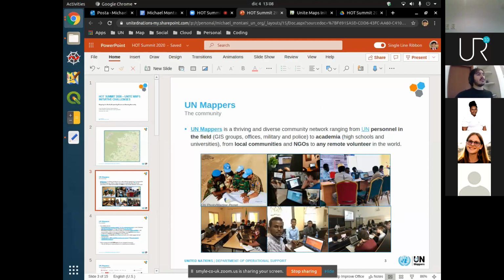Another important point about local communities is that we are letting them choose our areas of interest to be put in crowdsourcing mapping. So basically, the very same local communities are telling us where are the areas that they believe the UN Mappers community can extract the best data, both because they have maybe local knowledge of some areas in which we are working on, and they can be very helpful in many situations.